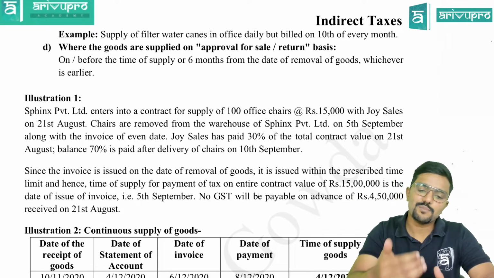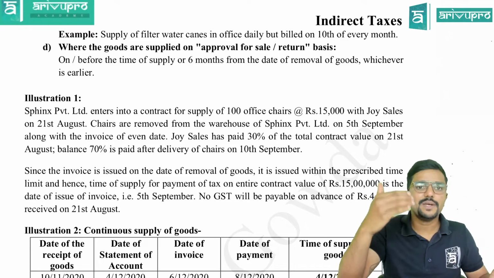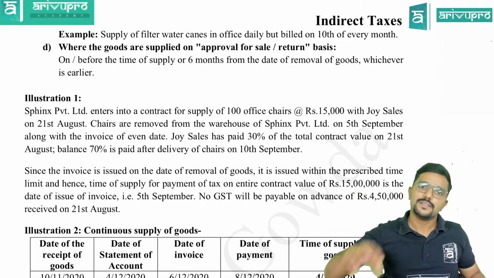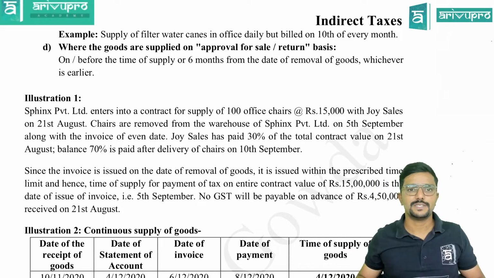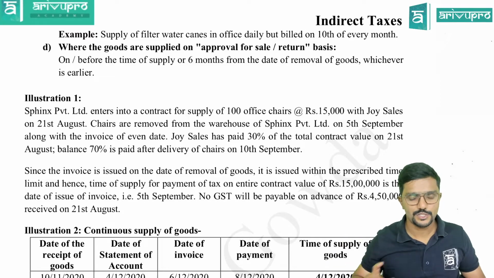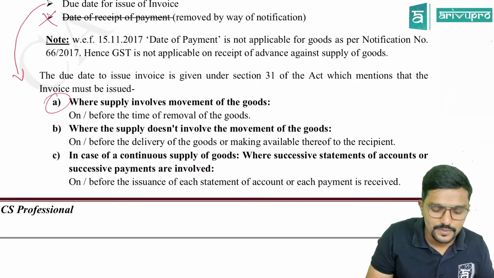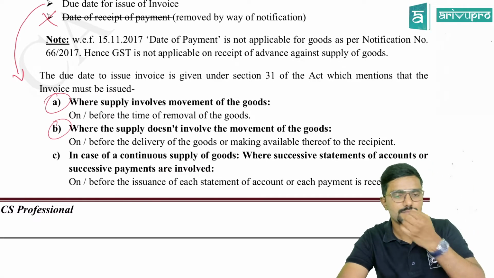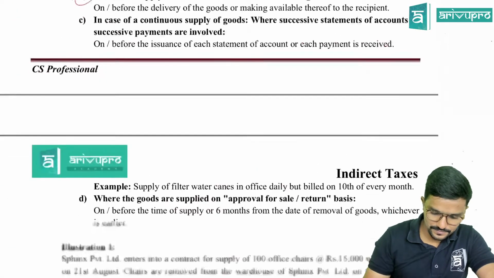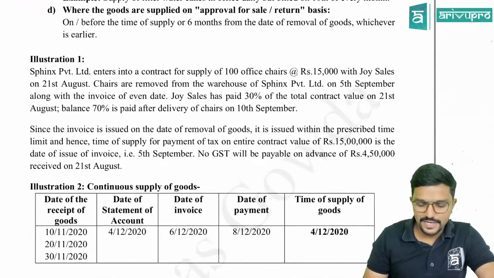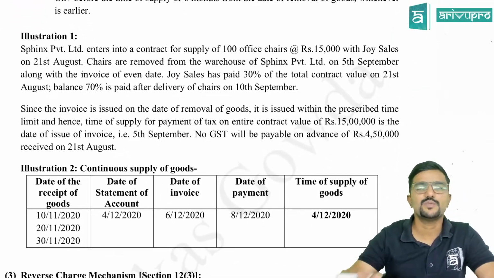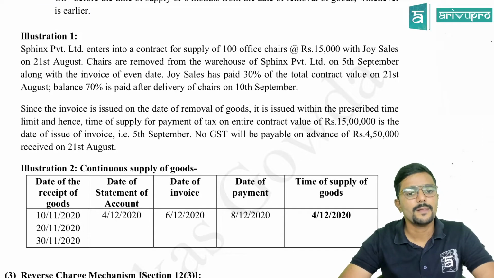And the supplier is supposed to issue the invoice at the end of 6 months. Clear, guys? Yes. If the supply has taken place before, that is, if the recipient has accepted the goods within 6 months, then the due date to issue invoice is the date of acceptance by the recipient. Clear? Here there are totally 4 scenarios, but A and B are more important, because C and D talk about 2 special transactions which are not regular in nature. What is more regular is whatever is covered in points A and B, especially point A.